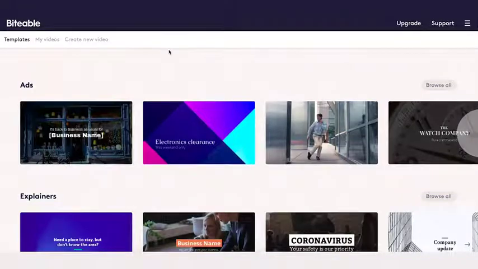If you'd like to make a video from scratch instead of using a template, then you can do that by clicking on the Create New Video button in the header. You can see that if you're either looking at the template section, or if you're looking at your videos, then you'll see the Create New Video button in the header. We'll press that,